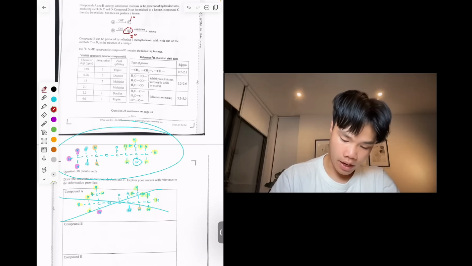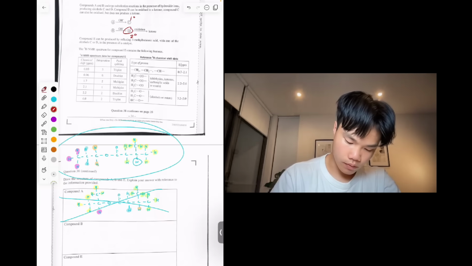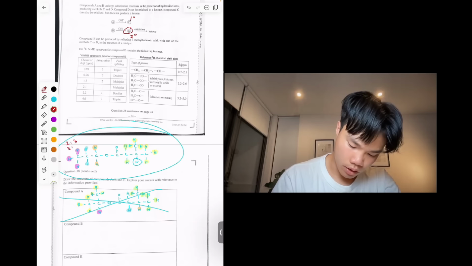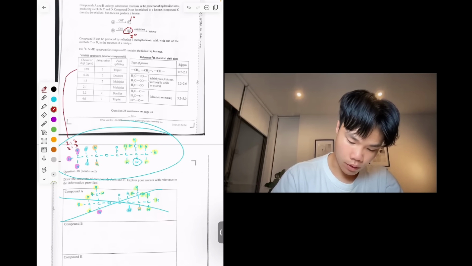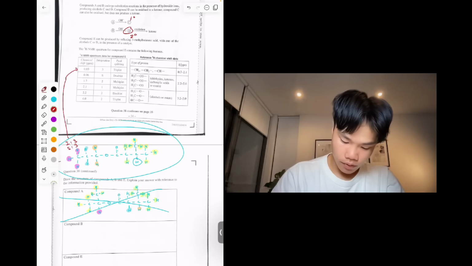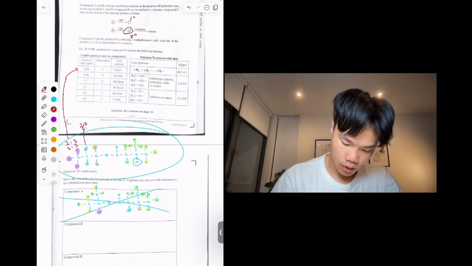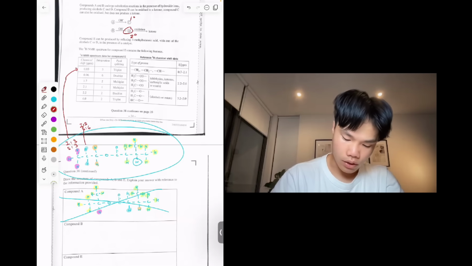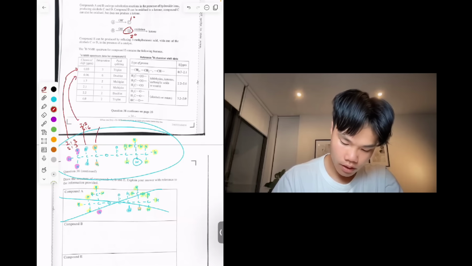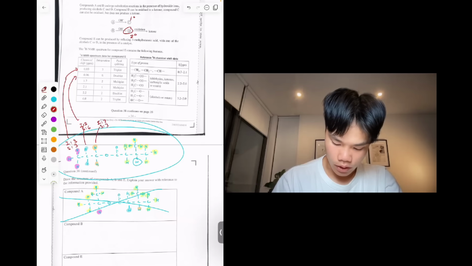So you would have an integration, I'll use I for integration, of 3, and for this you would have a splitting of 3. So this is likely your chemical shift of 0.95. For this, you would have an integration of 2 and a splitting of 6, because you have 5 neighboring hydrogens. So this likely correlates to this. For these two, you have an integration of 2 and a splitting of 3. So this likely correlates to,